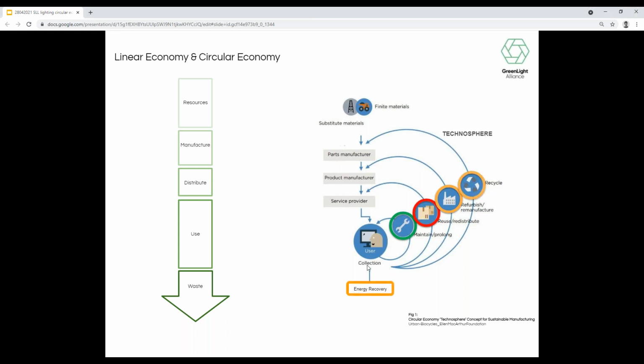Then one last thing is energy recovery, which is part of this diagram, and it's worth noticing really that a lot of plastics, for example, that go into the recycling process end up being incinerated for energy recovery, but they're still classified as having been recycled. That's where this broad term of the cleanliness and the hygienic nature of recycling becomes a little bit more questionable. We should challenge it a bit more, and there's a good reason why we should try and stop things reaching that end of the chain.